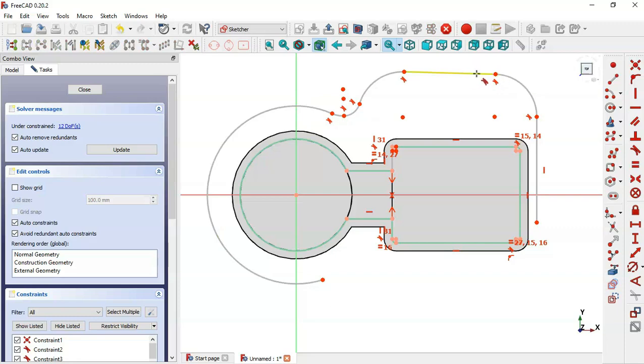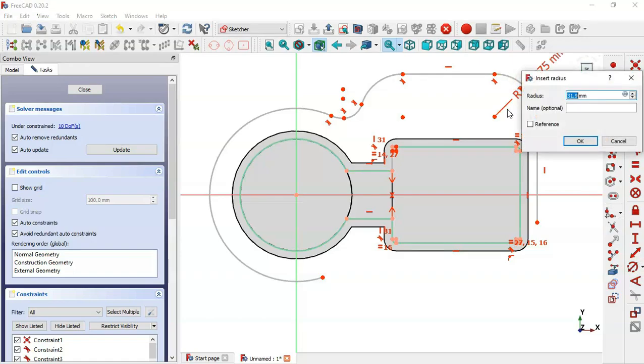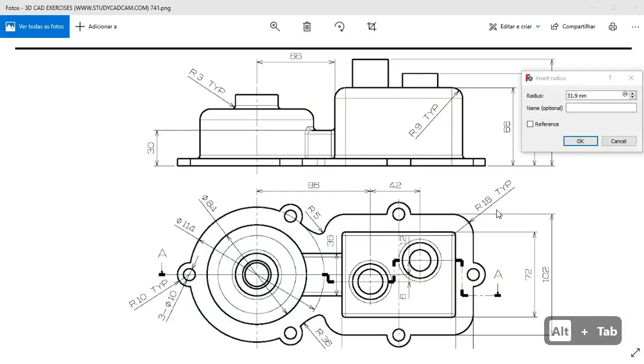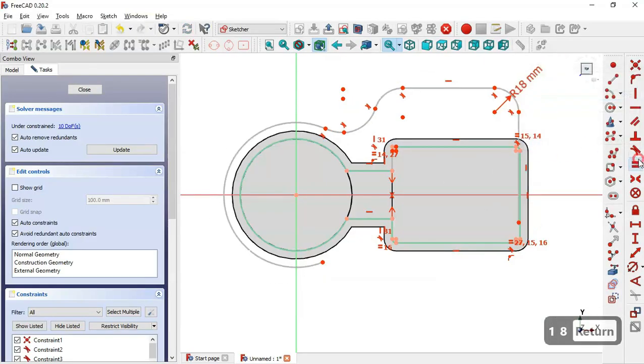Okay, and this line here must be horizontal. So okay, and next here we'll set the dimension of this sketch here. So first here we'll select this constraint here, and the radius of this arc here will set, here we see 18 millimeters, so we change here to 18, and we set these 2 arcs equal, so we select these 2